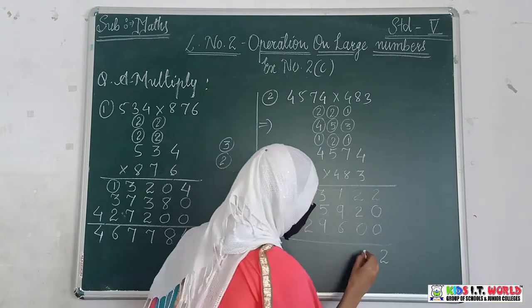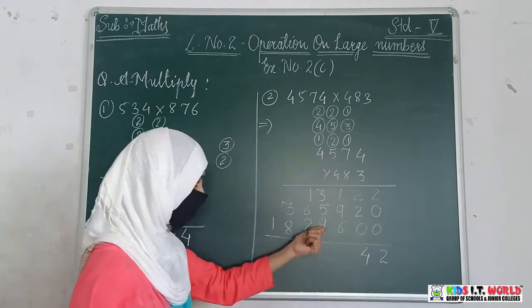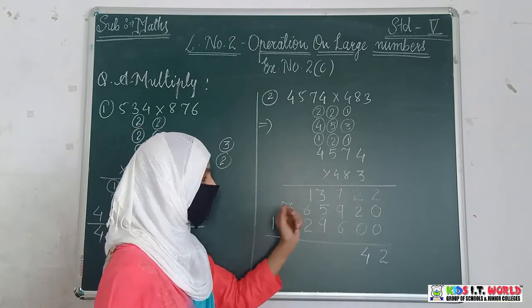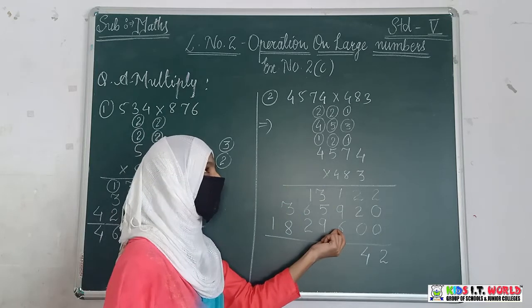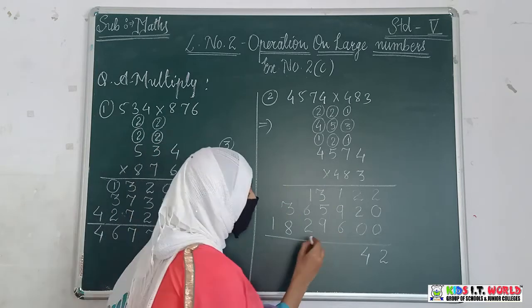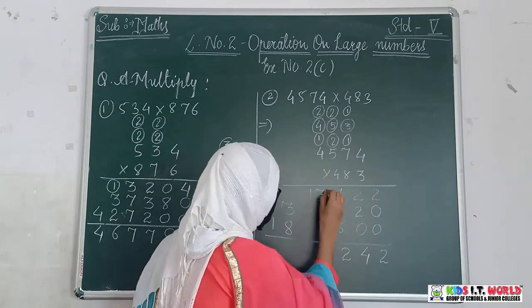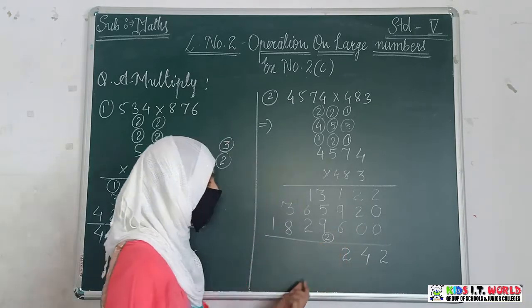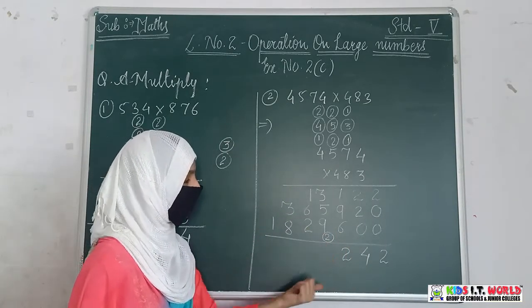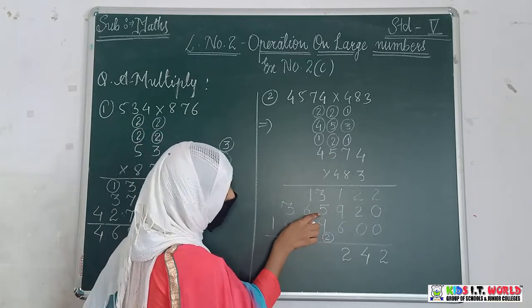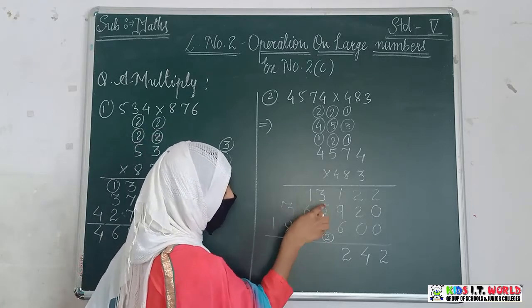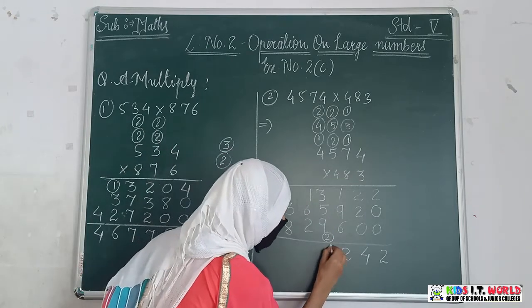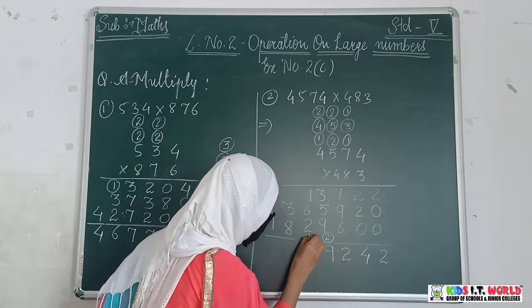4 plus 0 is 4. Now here 9 plus 7 it is 16. 16 plus 6 is 22. So you will write 2 here and 2 will be carried. So you will write 8 here in the circle, so it will be easy to add with this number. Here 5 plus 3 is 8. 8 plus 2 is 10. 10 plus 9 is 19. So here 9 will be here and 1 will be carried here.